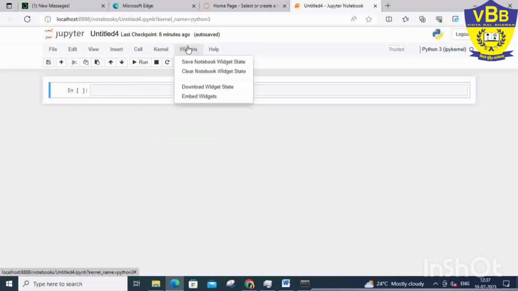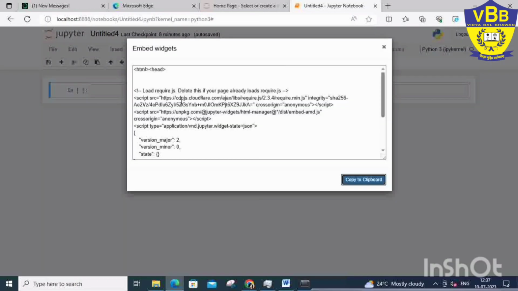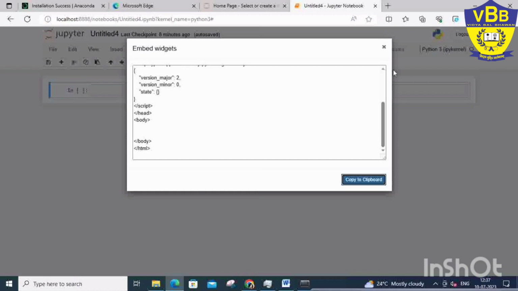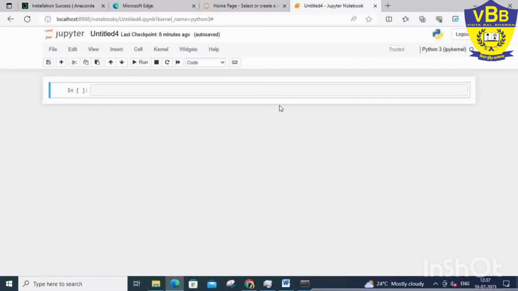Next menu is widget. This is basically used for JavaScript widgets while coding in Python, make calls to them, and to define or embed the widget, use embedded widget. You can get a skeleton structure of a widget which can be customized. So you can download this widget, embedded widget. It depends on your choice what you want to do. Here is the whole HTML code which you can include in your page. You can copy this code and include it, depending on where you want to embed it.